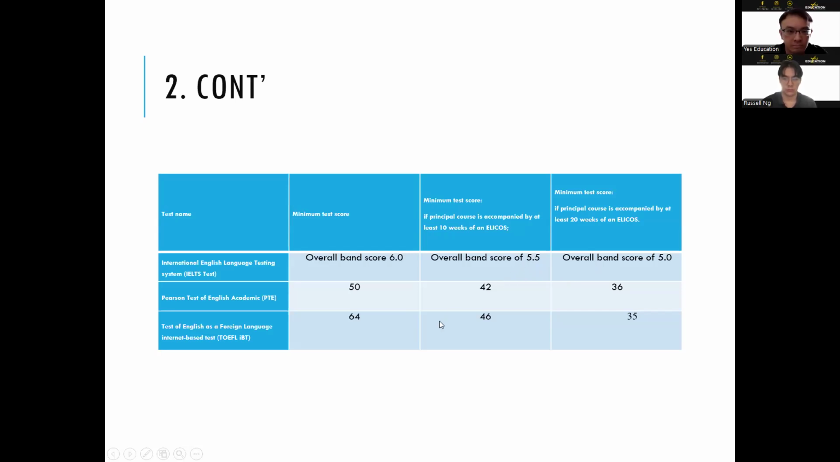And if you don't have any English course packaged and you're applying directly for the bachelor course or the master course, then the minimum score should be like this. However,